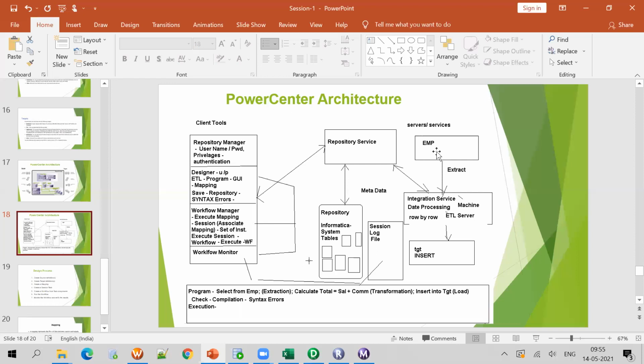If you work on Informatica, your manager or team lead will ask you to install only the client tools, because they might have already installed the server tools, that is the repository service and integration service, somewhere on the server machine. You need to install only the client tools on your local machine, whether it is a desktop or laptop.